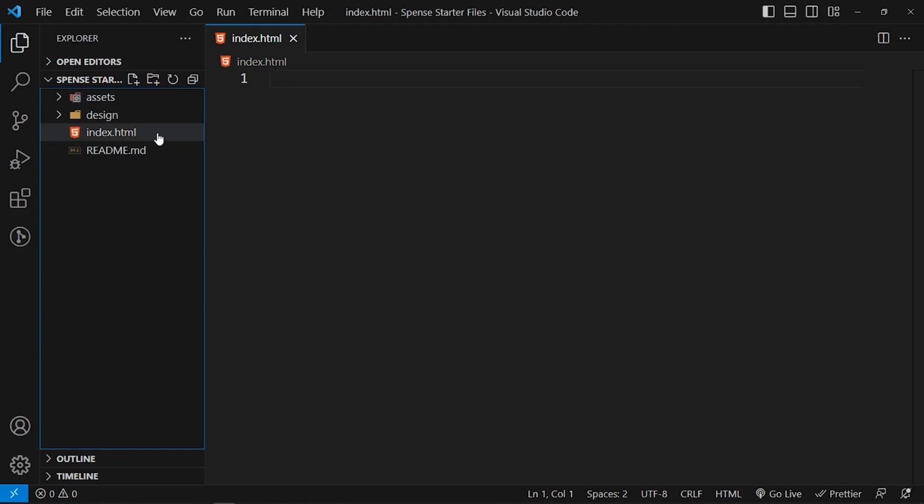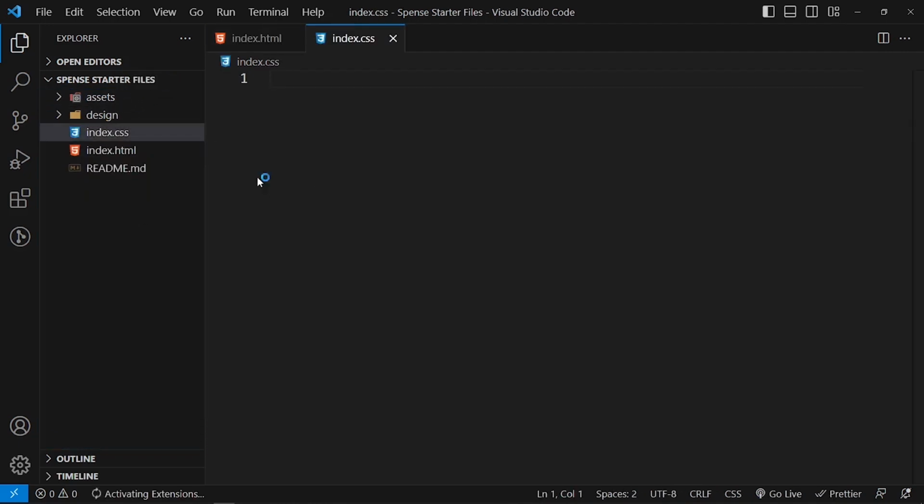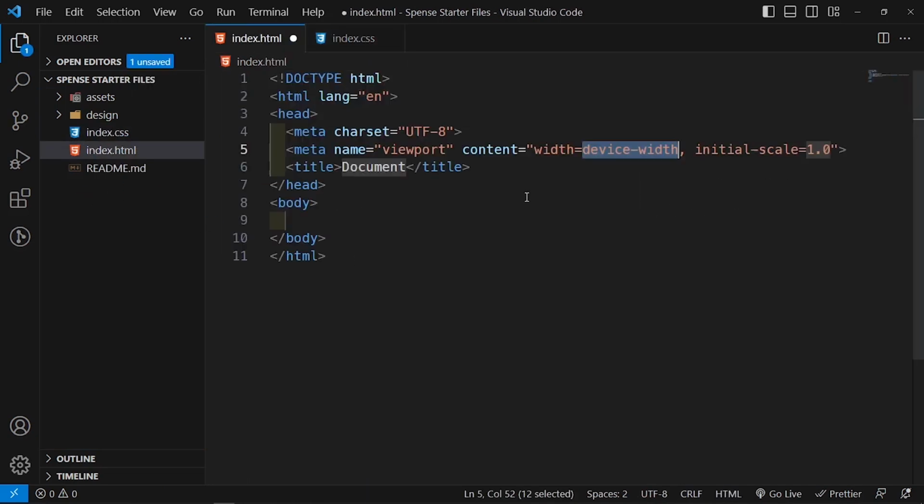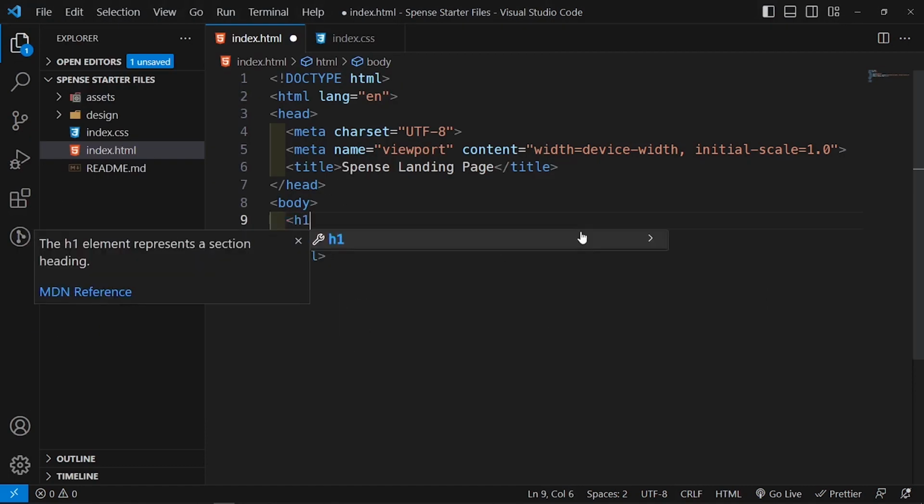Now once I've created the index.html file, I also want to create the index.css file, which is going to house all our CSS. And then I'm just going to say exclamation and enter, which is going to generate this boilerplate for me because I am using Emmet. And then I'm going to change this into Spence landing page. And then for the body, let me just return an h1 that says